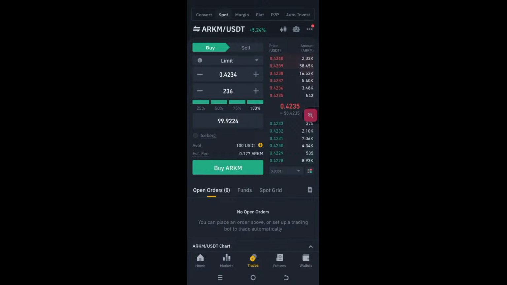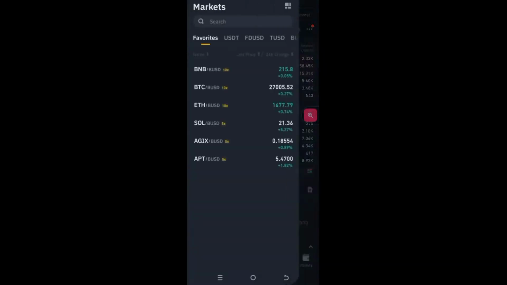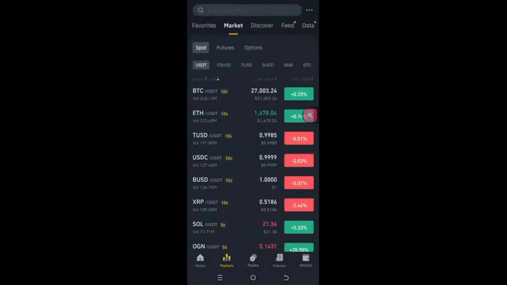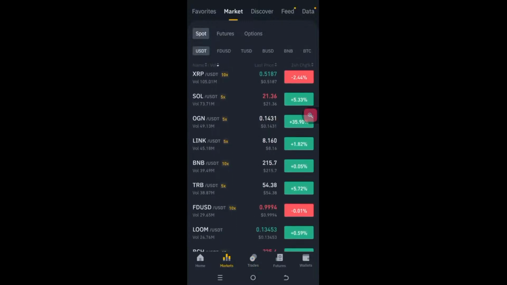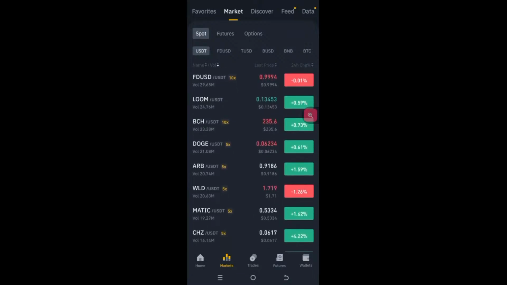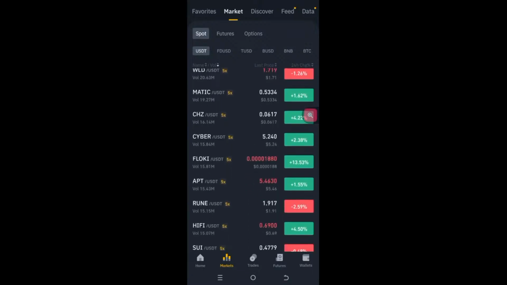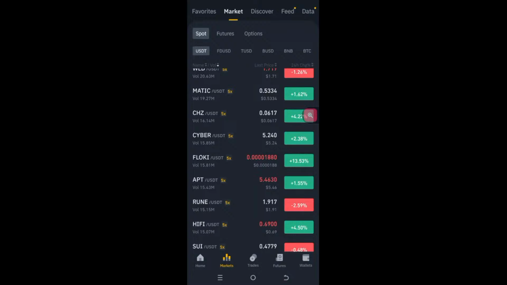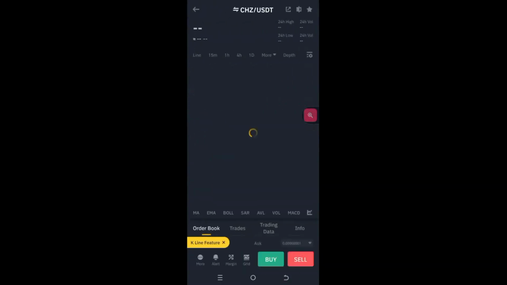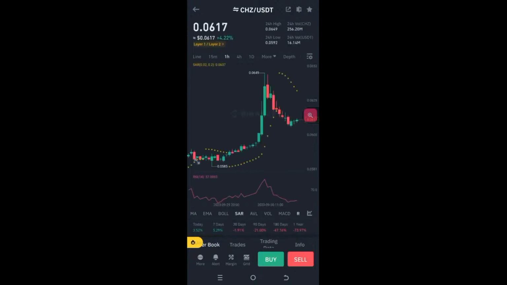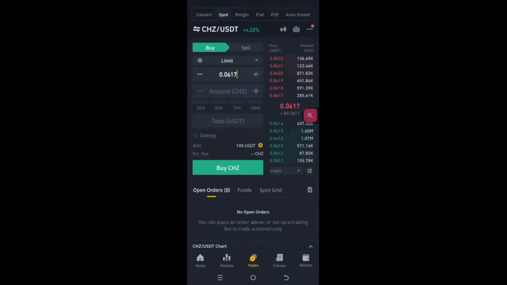So let's look at a smaller price coin. Let me go back to markets and let's look at this other one that's cheaper. Let's look for one that's less than $1. Okay, so less than 10 cents. Look at this one. This is CHZ. It's 6 cents. Let's look at it. Now, if I try to buy this and I pick 100%,